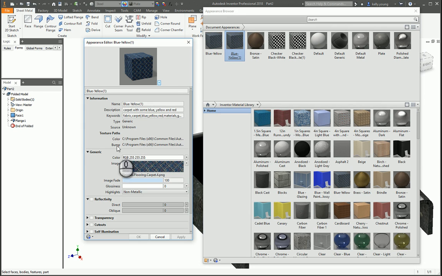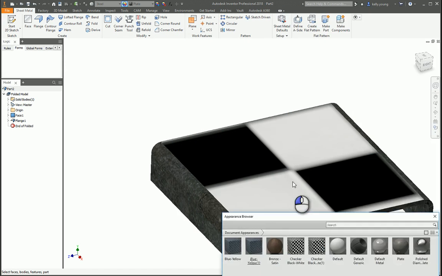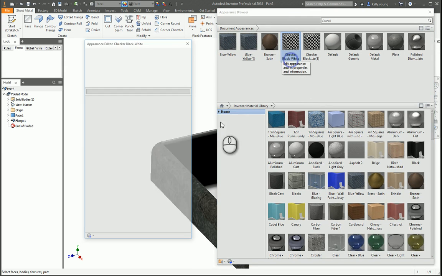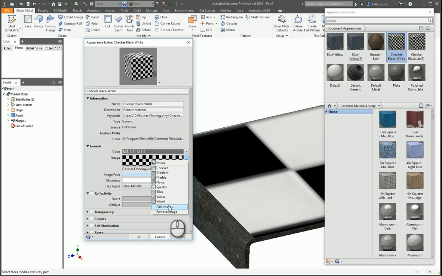Once you get in, it'll bring up all the generic information and stuff like that. If you want to change the image itself, it'll take you to there. And then if you actually want to change the layout, so right here we have our checkered, and make this a little easier. So if you click on the image itself, it'll bring up there, but if you click this little box,